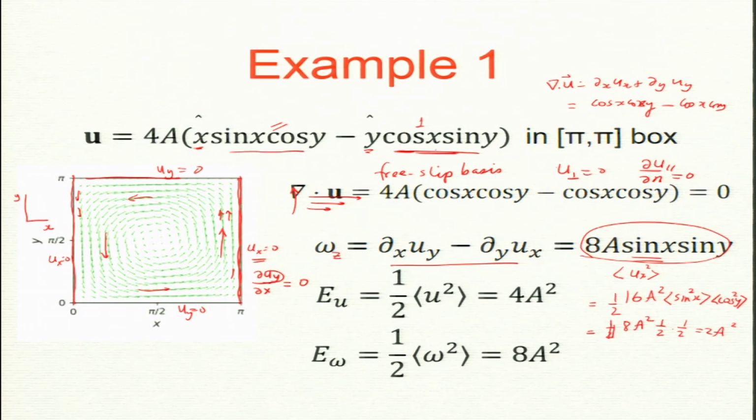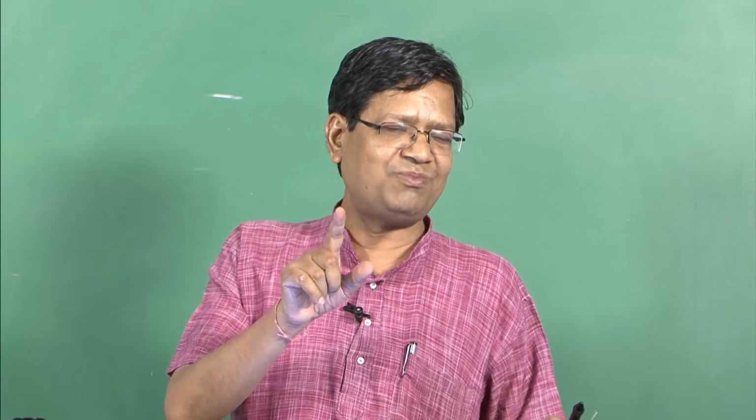So, example 1 is a free slip, a nice convection roll sitting there, and we will use it in future. Okay. So, my examples will be like this. In this course we will consider this kind of examples. We will work this in Fourier space, we will put some more modes, you know, this is only a single mode. I will discuss the Fourier space, then you will say that, well, this is basically one Fourier mode.